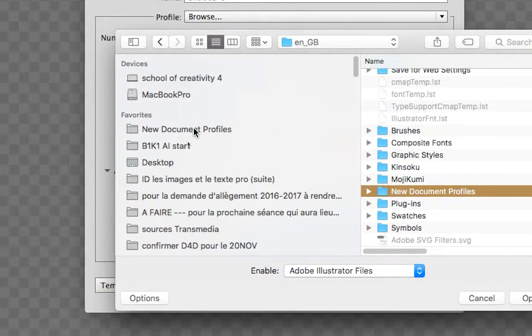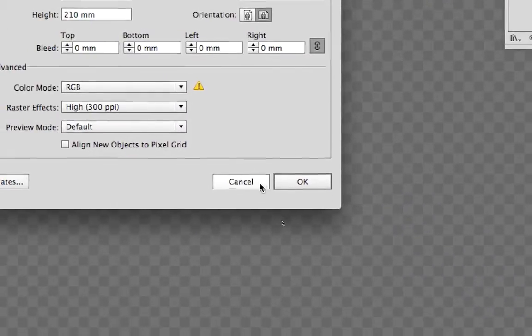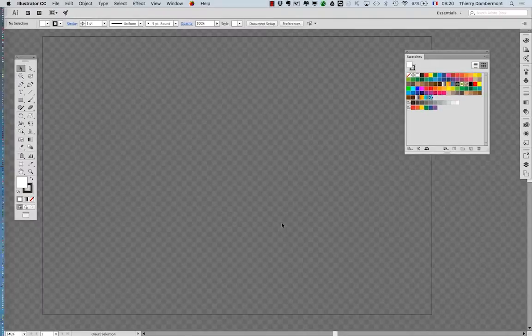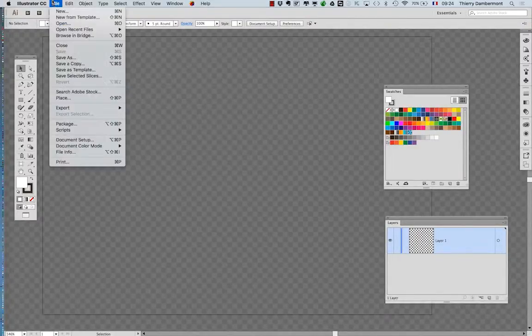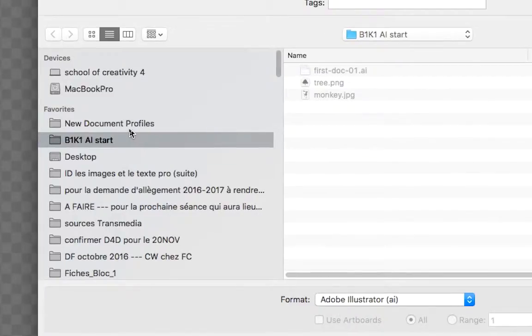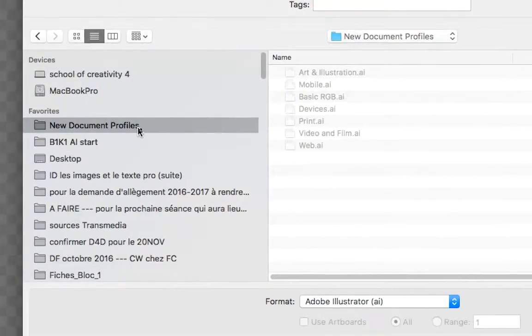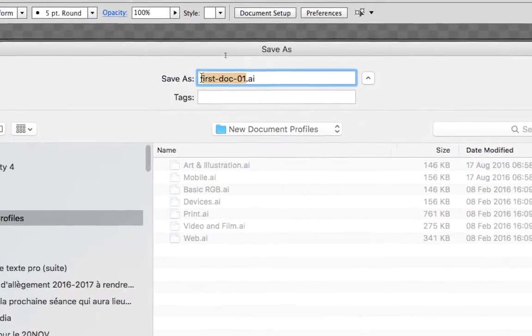Then, once you have it, you click Cancel. We don't need to do a new document. Click Cancel twice. Okay, it was just to know where is the new document profiles folder of Illustrator. File, Save As. You choose here New Document Profiles, your folder, and you may rename the document